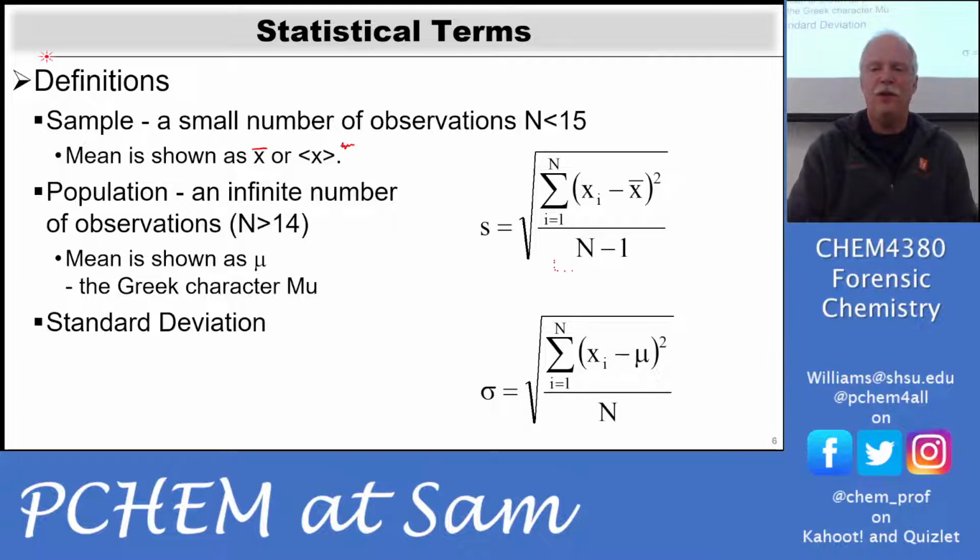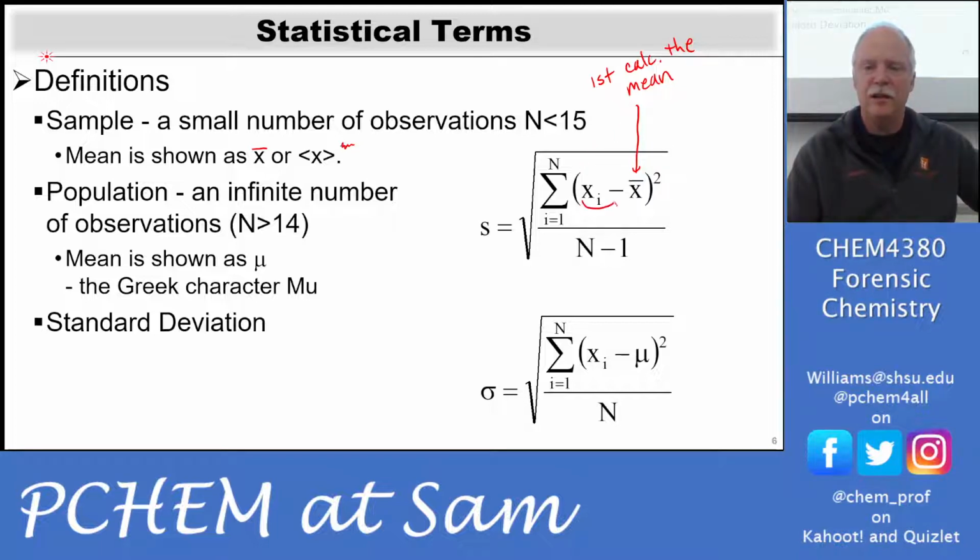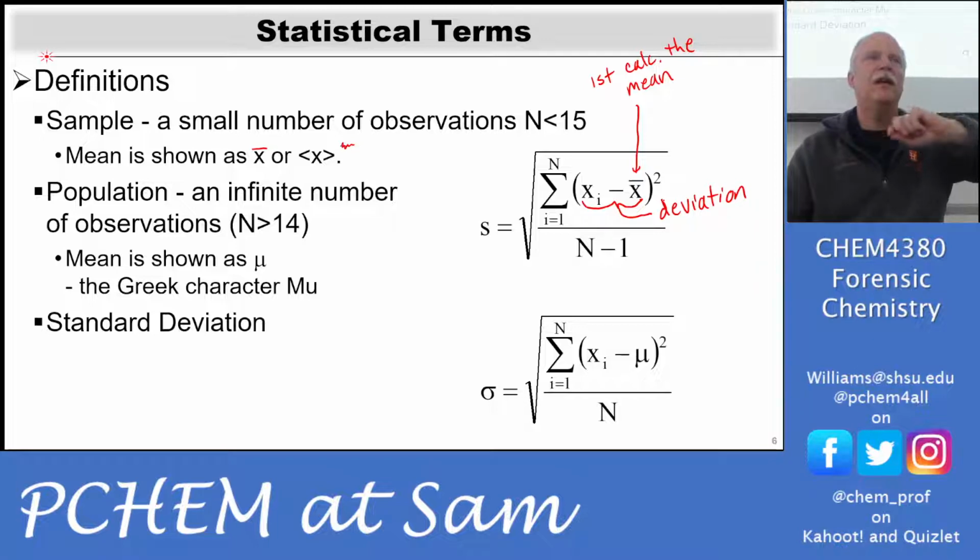Okay. First of all, the equation requires a mean, and so we've already taken the mean. Okay, and we do that first. So first calculate the mean, and then you can calculate the standard deviation. So you have to do that first. Now this piece right here, this x of i is each individual data point. And so that's a deviation. Right? Each data point in our data set deviates from the mean. Do you see that? Okay.